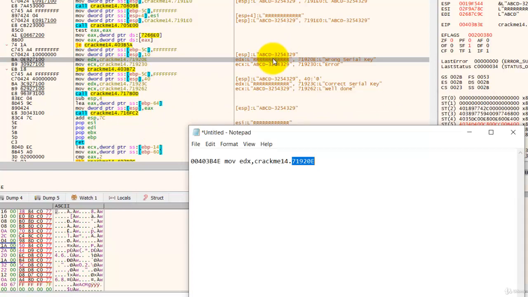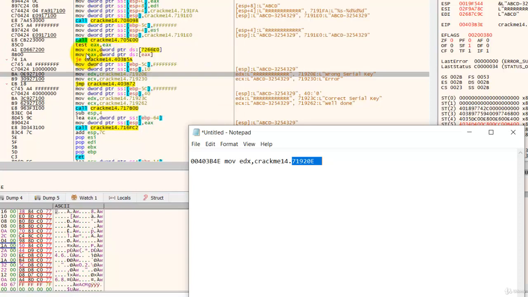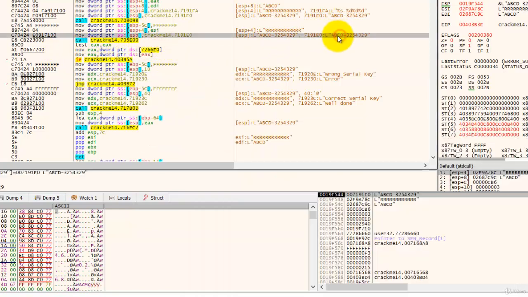But we don't want this bad message to be shown. We want the serial key to be shown. So we have to change the address here to point to the serial key. So let's analyze up here to see where the serial key is being stored. If you look further up here, you will see a few places where the serial key that has been generated is being stored. So one location is here,